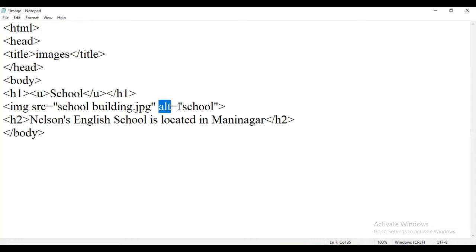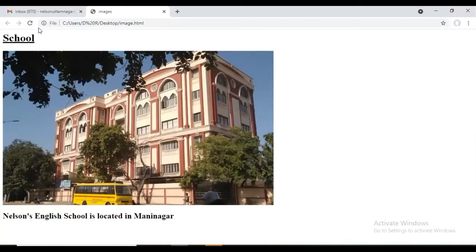But to show something about what this image is, we can use ALT, that is alternate text. So when this image is not displayed on the browser, this text will appear in its place. Okay, so click on file, save, go to browser and refresh. Now since our browser is supporting this image, we are not getting that ALT text. But in case this image is not loaded on the web browser, then only that will appear on the browser screen.